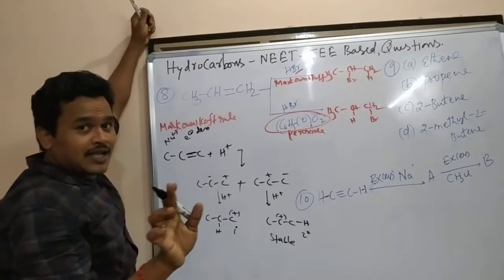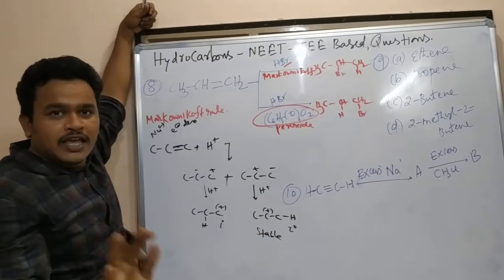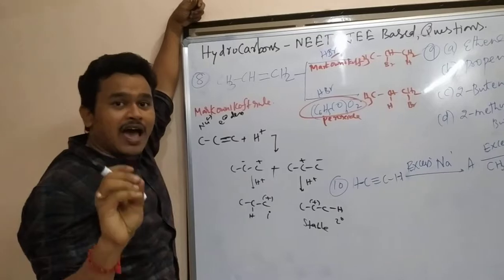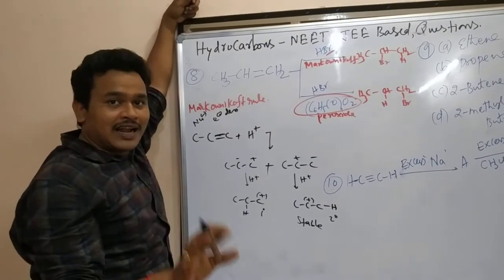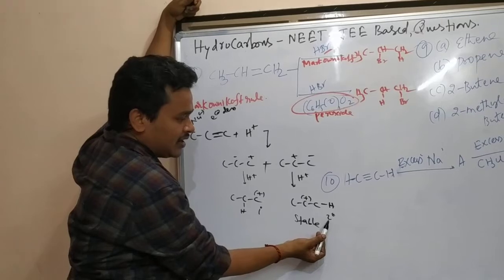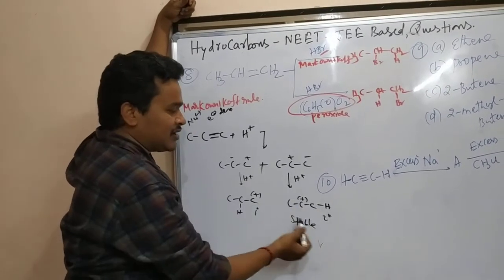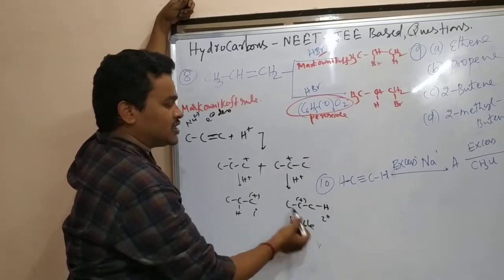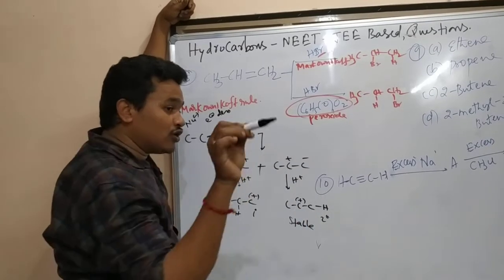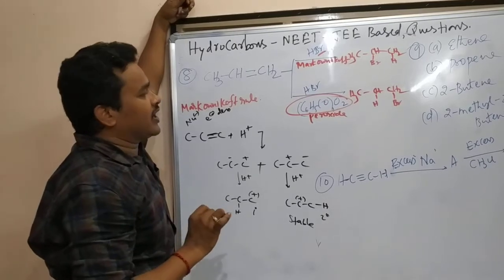Understand what I am saying? In case they are asking for the product, no problem for you. But if they are asking for an intermediate, then the primary carbocation is what proceeds to the remaining part. They are asking for the intermediate, which means you have to choose this carbocation; you have to check in the options. Okay, that is also okay.